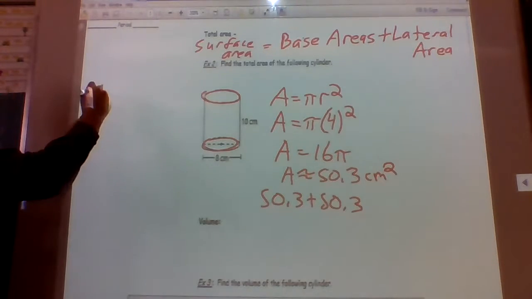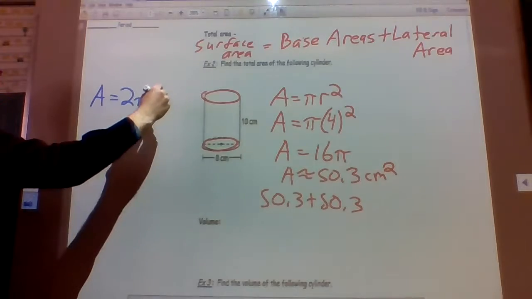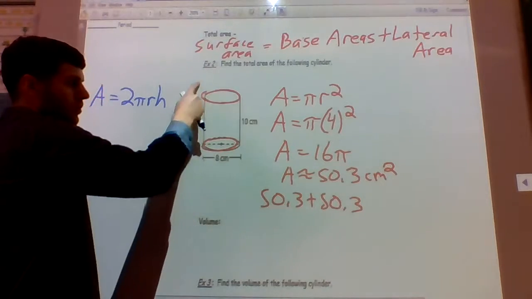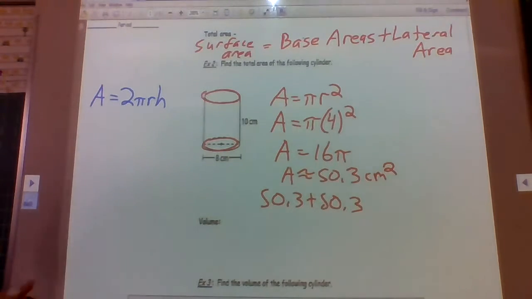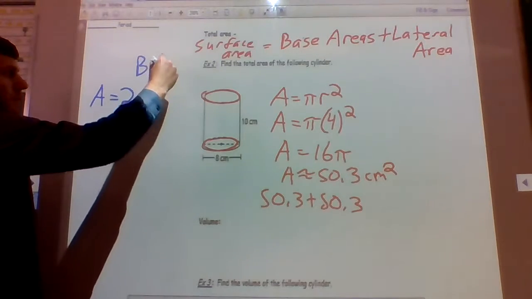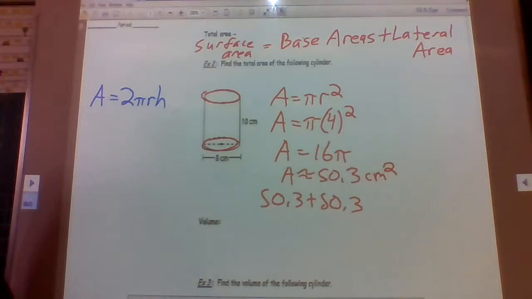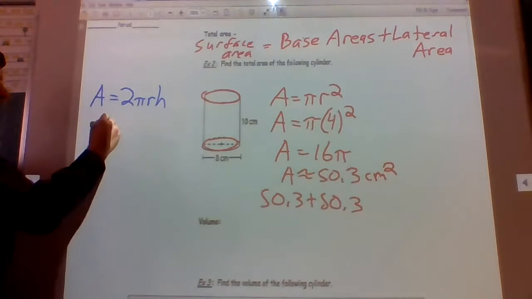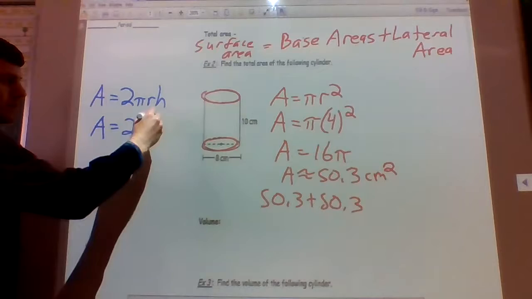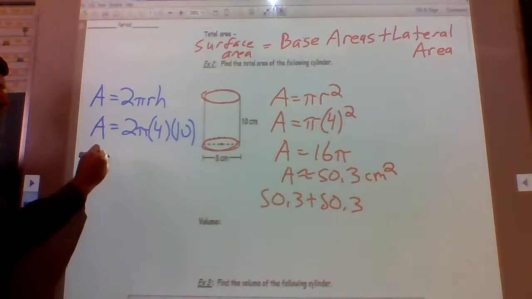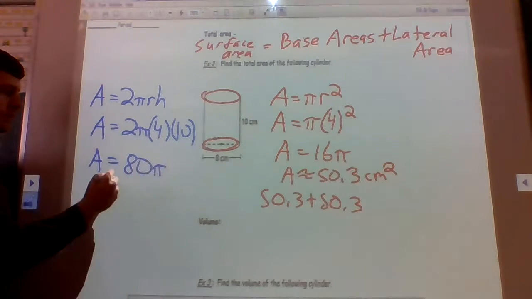For the lateral area, the formula is 2 pi r h. So again, it's the circumference, the length around the cylinder, times the height of the cylinder. Oh, I'm sorry, we're doing surface area, I'm thinking ahead. So 2 pi r h, the length around times the height, gives us our lateral surface area. So 2 pi, and the radius is 4, half the diameter, and the height is 10. 10 times 4 is 40, 40 times 2 is 80, so we have 80 pi, which is approximately